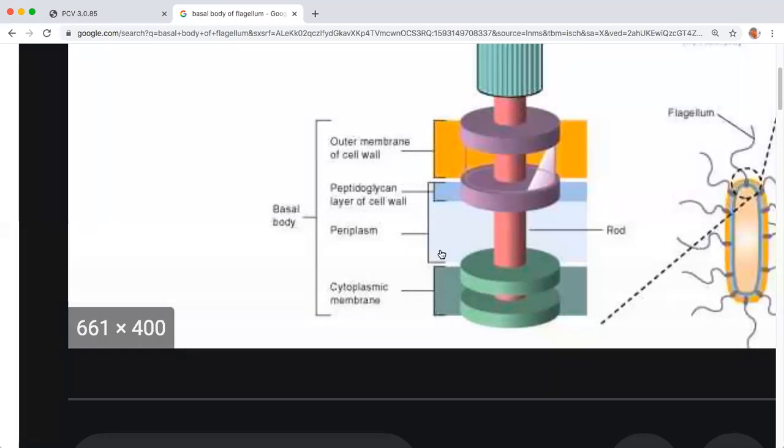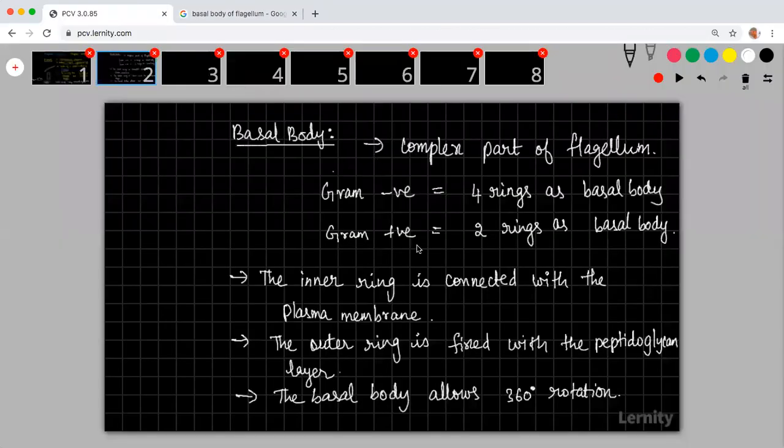Yes, we are studying only about the prokaryotic cell. We are not studying the eukaryotic cell at all. You are able to see a peptidoglycan layer and an outer membrane. The moment you see two layers in the cell wall, it means it is gram negative. But if only one peptidoglycan layer is there, then we call it what? Gram positive.